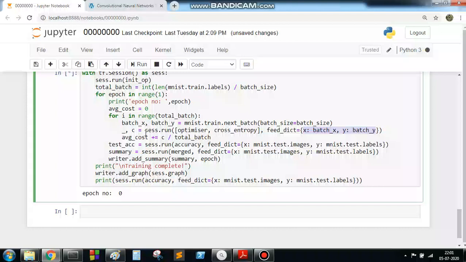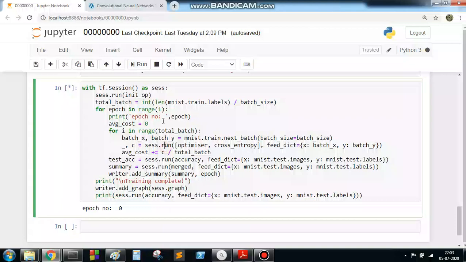Once one batch is iterated over, we find the test accuracy, all those things, and this is the summary. After completion it will print the training model, then write the graph inside our directory, and then print the accuracy for the test by comparing the predicted value and the actual label.